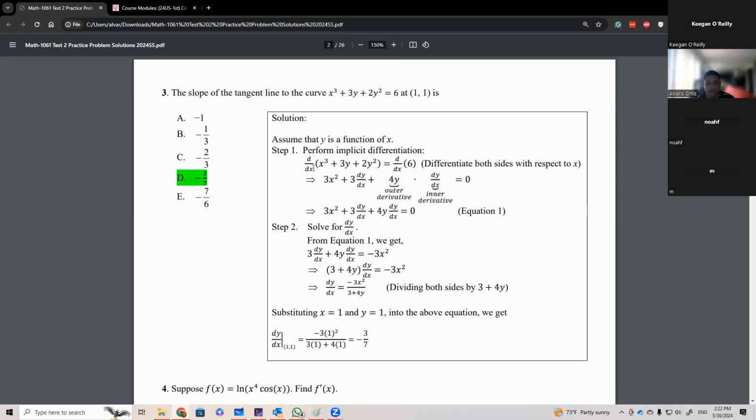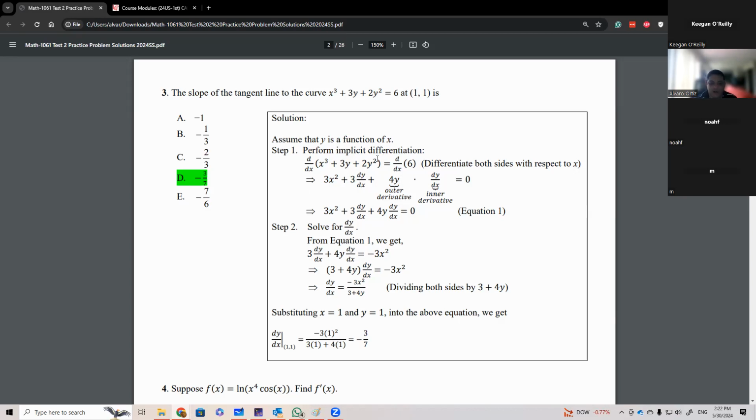You can see the derivative of x cubed plus 3y plus 2y squared is 3x squared, like you would normally get for a power. And here we get 3y, and normally the derivative of y will be 1, and that is true as well. That will happen here. But every time that we're taking a derivative with respect to y, we multiply by dy/dx. Why? Because there's a chain rule coming in. y depends on x. So that's why we get this part.